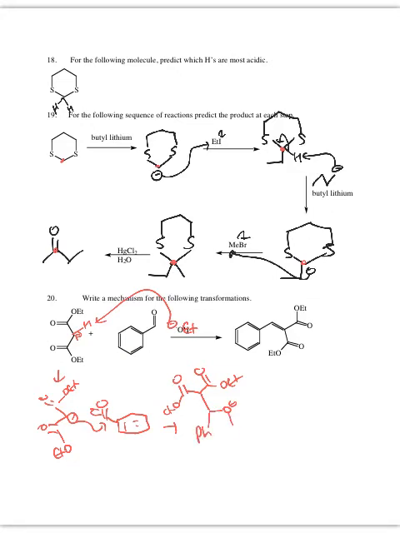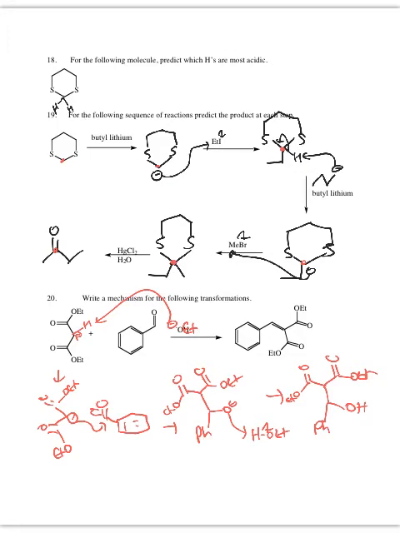We can grab a hydrogen off of ethanol to protonate our beta hydroxy or beta alkoxy, and then once we're there, it's just a simple elimination to